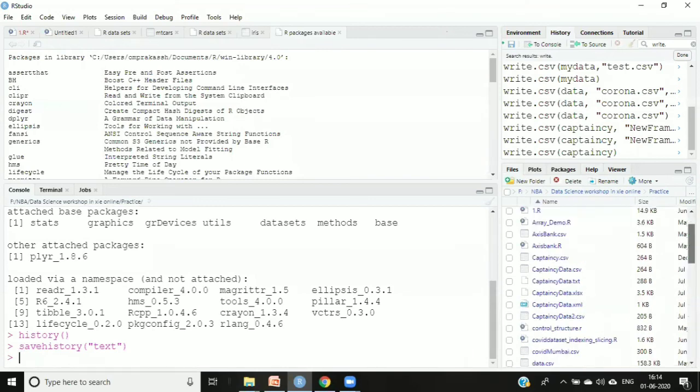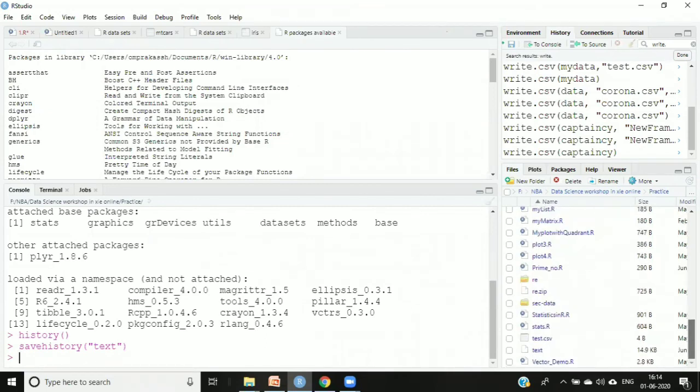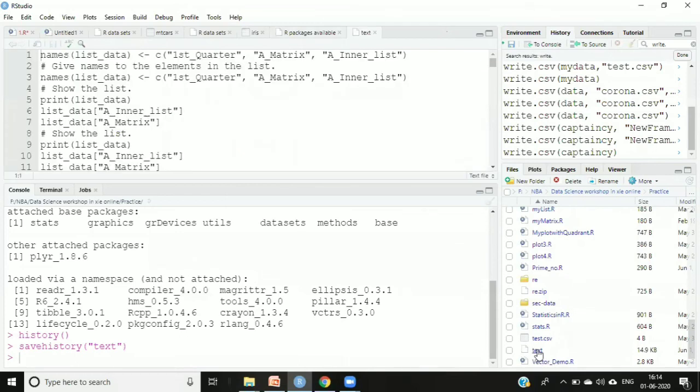See, I'm going to this particular file, clicking on it, and searching where that file is. Somewhere that file will be there. See this, the text file is there. I've given the name as text. In this text file, all my command history will be there. I'm clicking on this, and it will basically load.